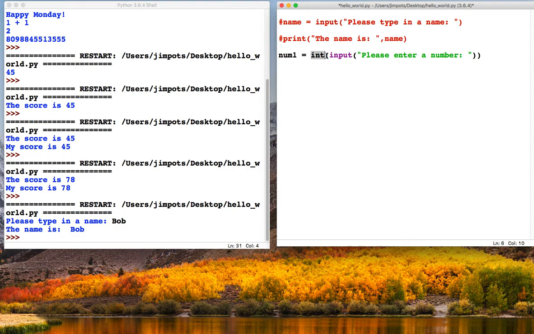We want to add two numbers together. The difference here is that the previous one just used input and then a string statement. This time we've got int in front of it, which tells the program that it's going to be accepting an integer, in other words, a number we can do a calculation on.